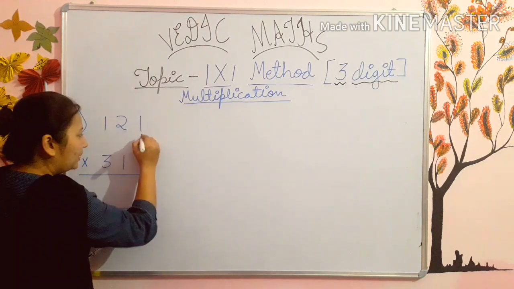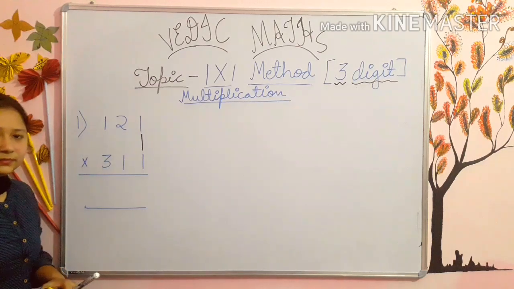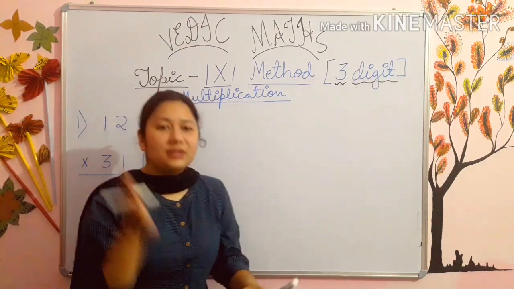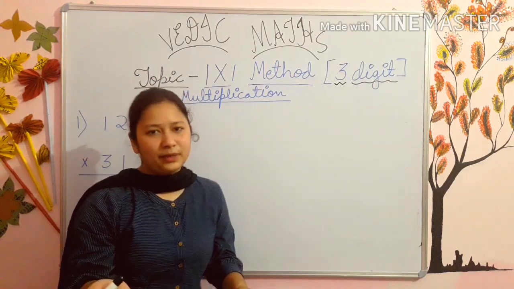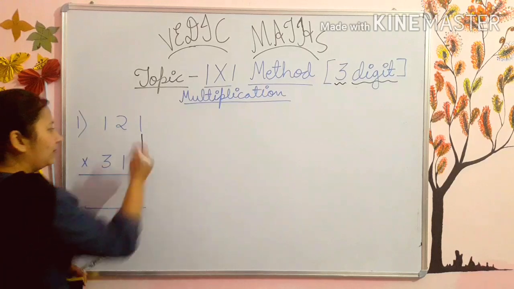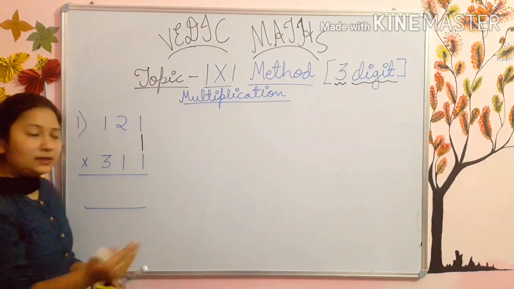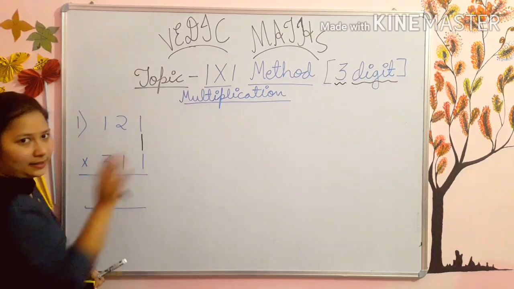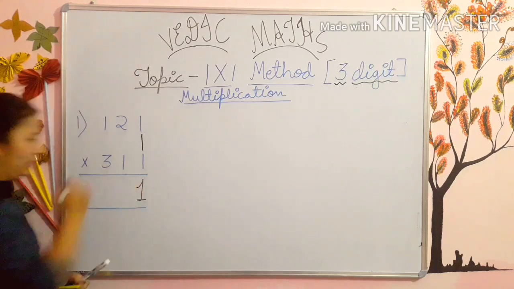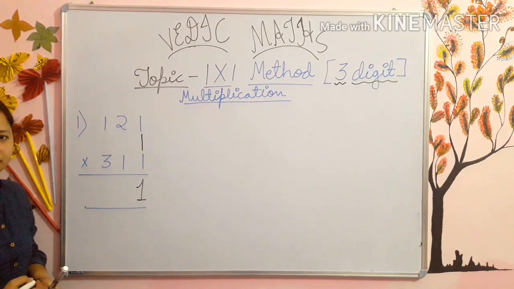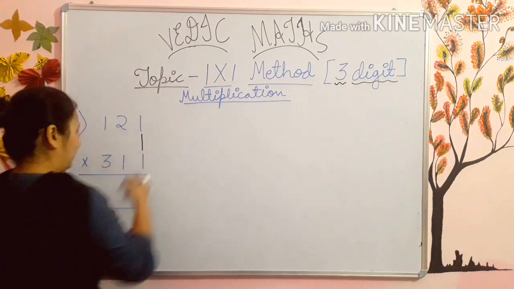Now first of all, you will multiply the first two digits, means the right hand side numbers. Students, you have to start your calculation from right hand side, and you always start from right hand side only. Just remember it. So first of all, multiply the extreme right hand side numbers. Extreme means the last right hand side numbers, two numbers. So 1 ones are 1. You have multiplied both of them.